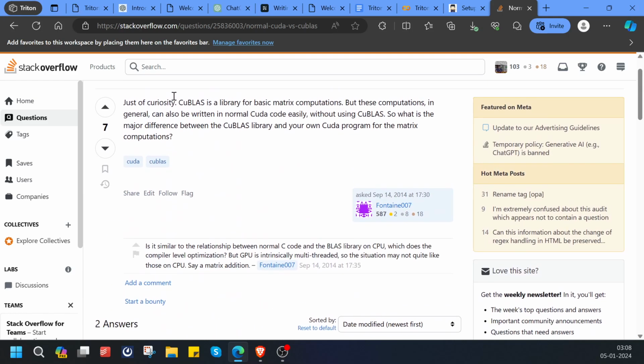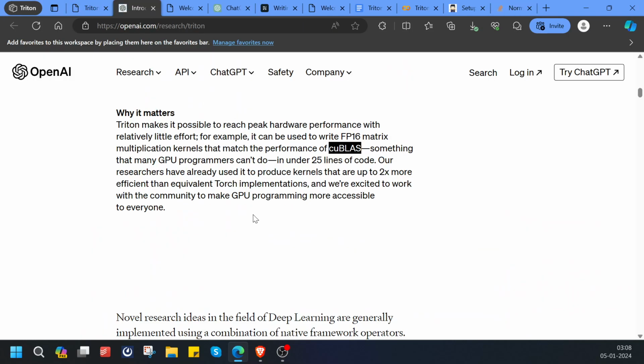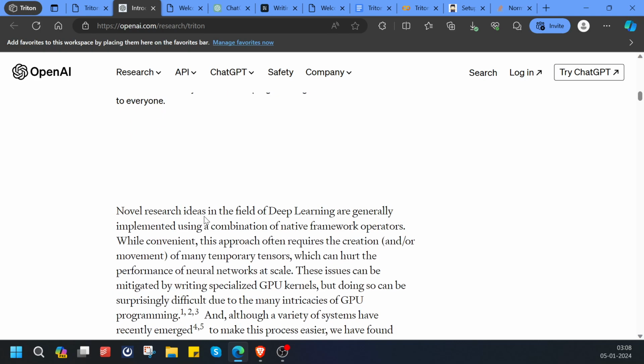Hmm, okay, yeah, not moving away. Right. Yeah, I guess this is true. Under 25 lines of code. Our researchers have already used it to produce kernels that are up to 2x more efficient. We're excited to work. Okay,